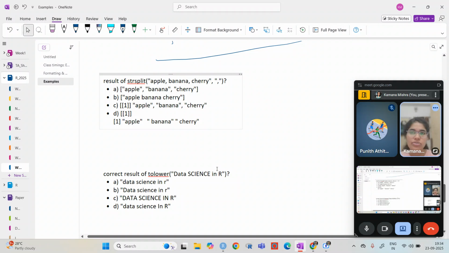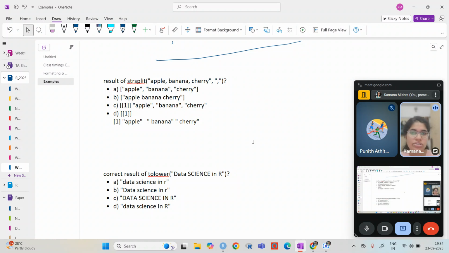Now the next question is what is the strsplit, a string split of this. You can see that this is all written in one line, and we want to separate it by the comma. What do you think will be its answer?